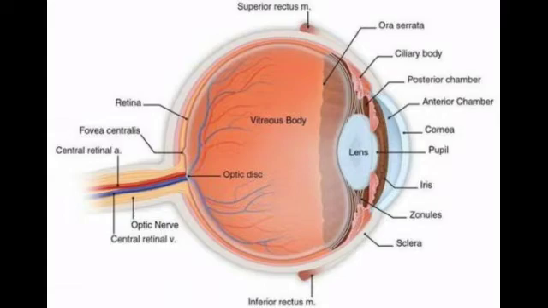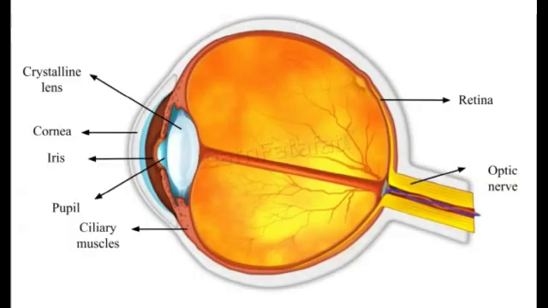Important parts of the human eye are cornea. This is the thin and transparent layer on the front surface of the eyeball as shown in figure. It is the main refracting surface. When light enters through the cornea, it refracts or bends the light onto the lens. Iris. It is the colored part of the eye. It may be blue, brown or green in color. Every person has a unique color, pattern and texture. Iris controls amount of light entering into the pupil like camera aperture.